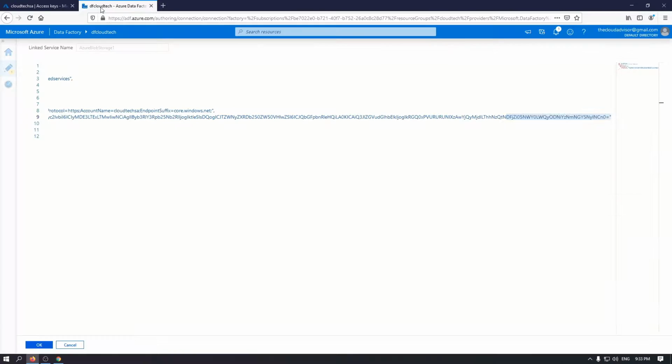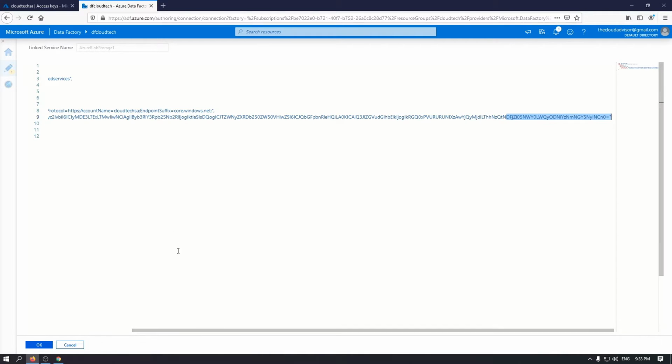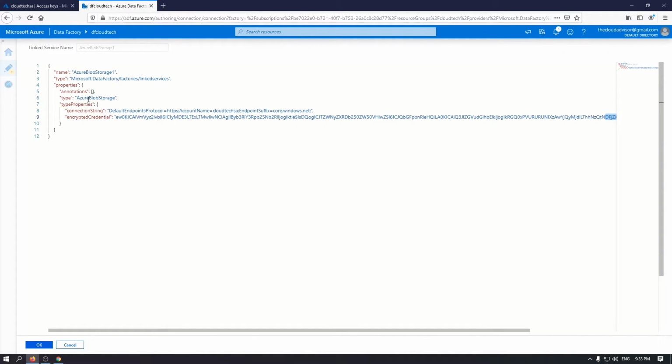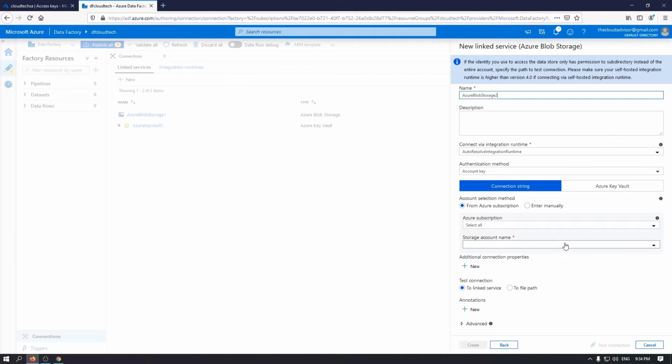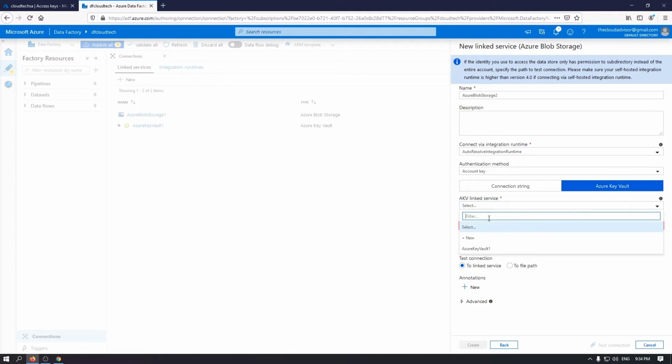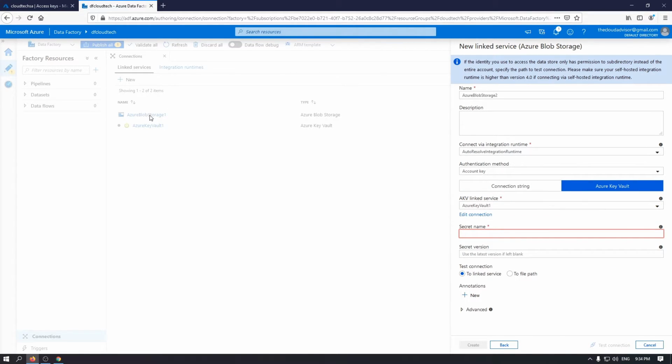So now we'll make the connection again to the same storage account, but with Azure Key Vault. Again, we'll use Azure Blob Storage, but this time we'll use Azure Key Vault. The secret I don't have yet, but let me create a new one.